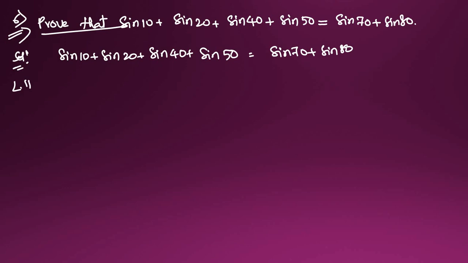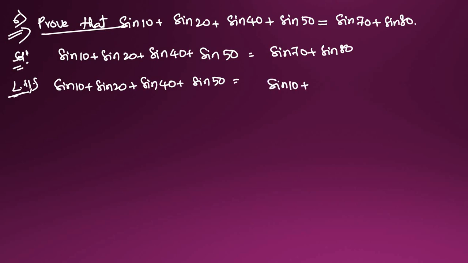So we take the LHS, left hand side. Sin 10 plus sin 20 plus sin 40 plus sin 50 is equal to sin 50 only, no? The question is right only. Okay, right. So I will take sin 10 plus, what is easy for me to do? Sin 60. Okay, sin 50 I will take here. Plus this at one place, plus sin 20 plus sin 40, I will write at one place. So sin C plus sin D.